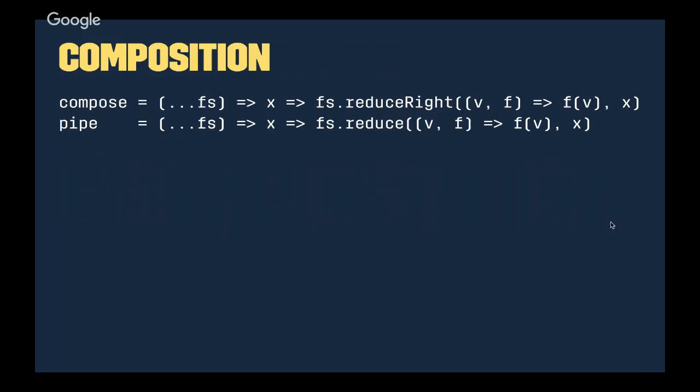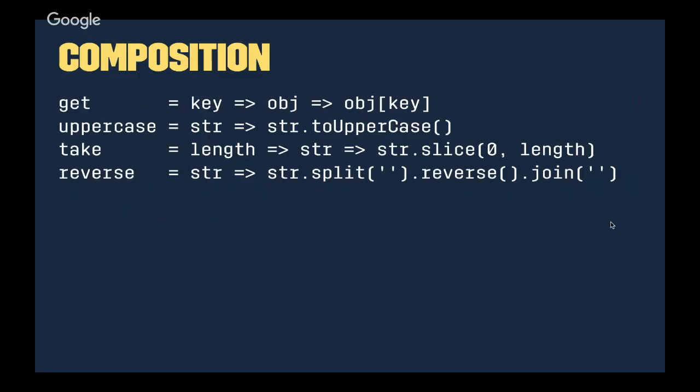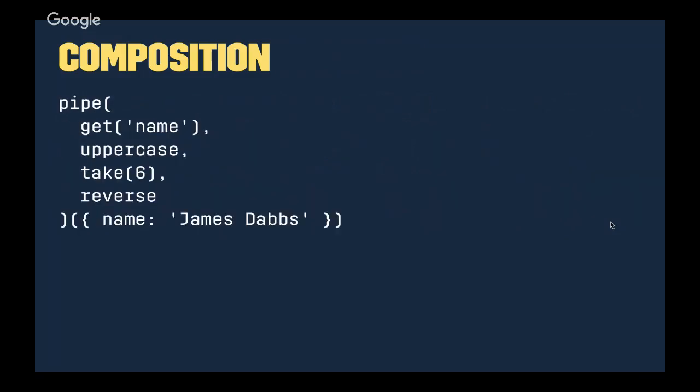The idea is, for both of them, you want some way of saying, I want to take a single value and feed it through this pipeline of functions. It turns out it's a pretty nice way to express some problems. Let's take as a given that we have these handful of relatively trivial functions. Get fetches the key out of an object, uppercase does what it says, take takes the initial slice of the string, and reverse reverses. So assuming we have these named functions, if you have something like a pipe operator, you can write something that looks like this. I think even if you haven't seen JavaScript before, you understand the intent of this code.